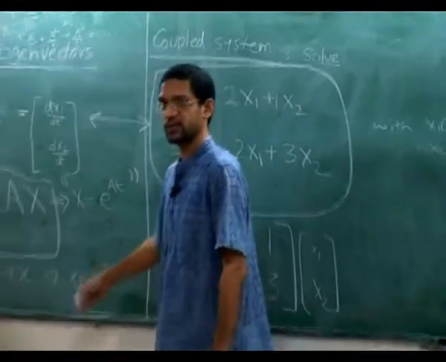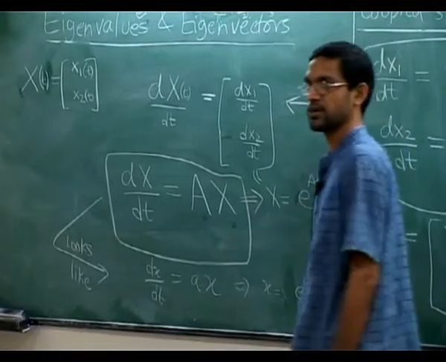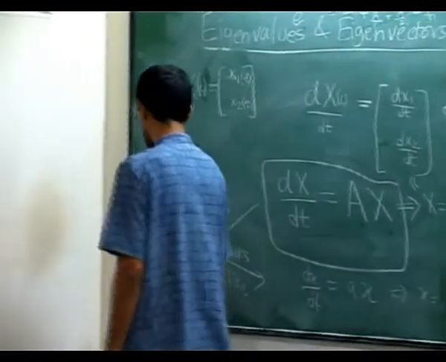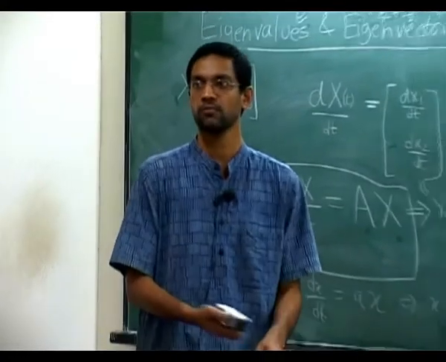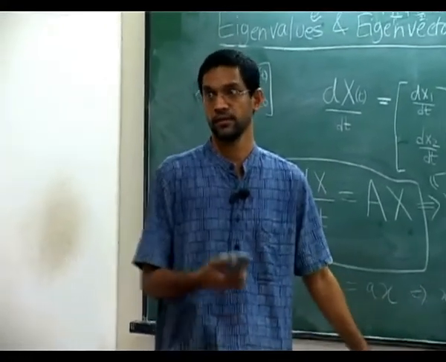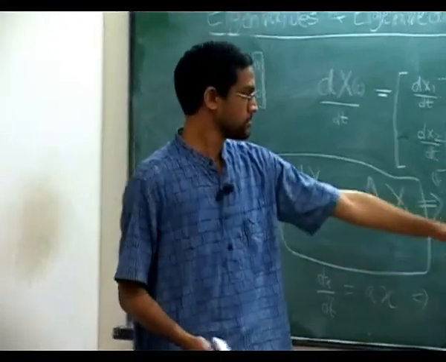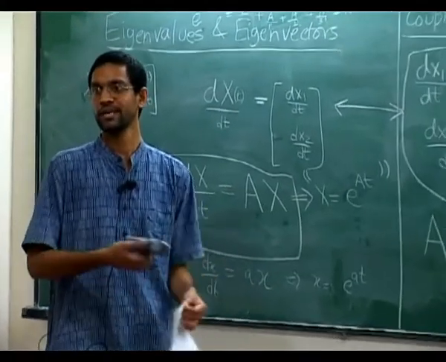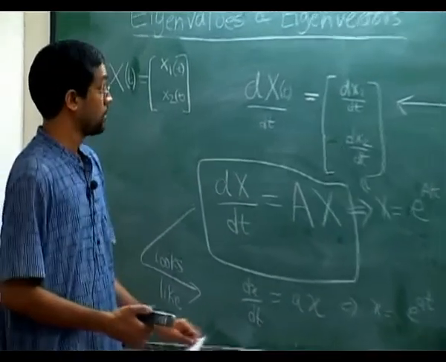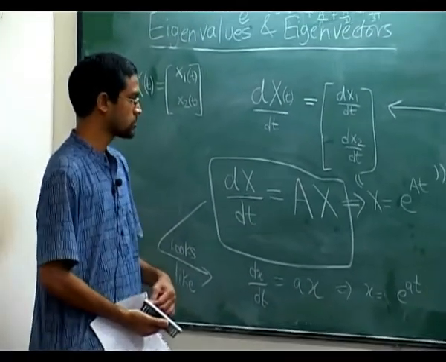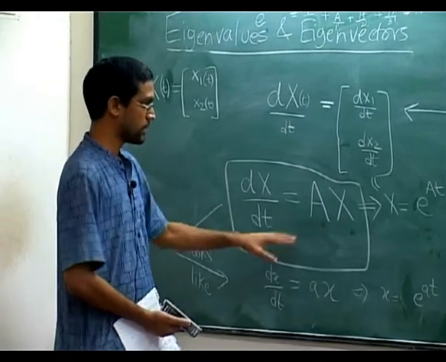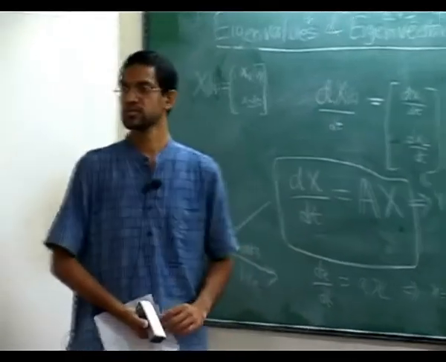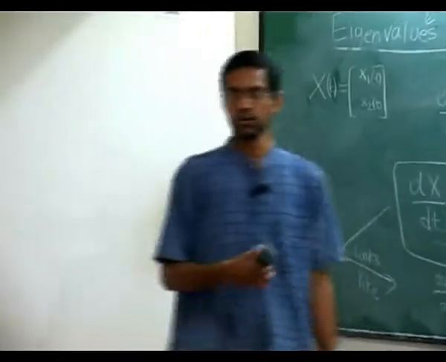But that's only an in principle answer, because that still doesn't help us. We finally want a solution to the original problem. I want you to tell me what is x1 of t and what is x2 of t, in explicit terms, not as some only in principle answer like that. So that is where the eigenvalues business comes in. So for this 2 cross 2, let's come back here. I want to solve this 2 cross 2 coupled system, and I know how to find eigenvalues and eigenvectors of A.